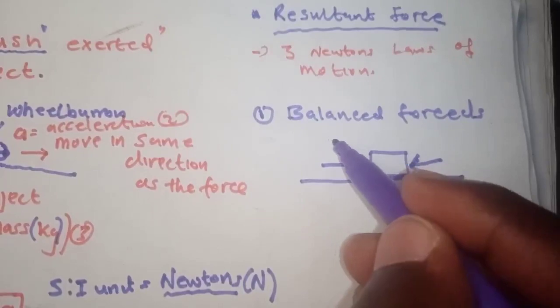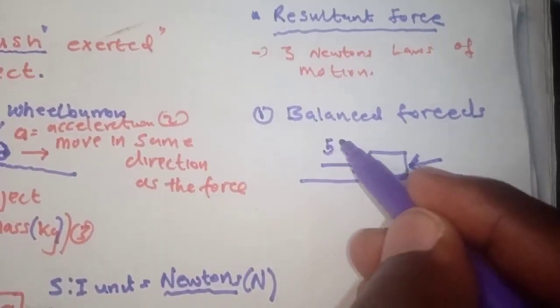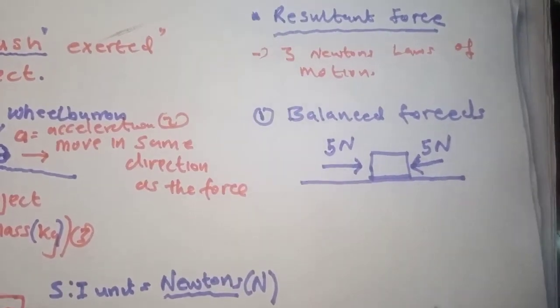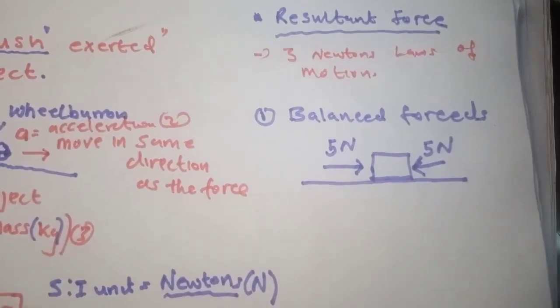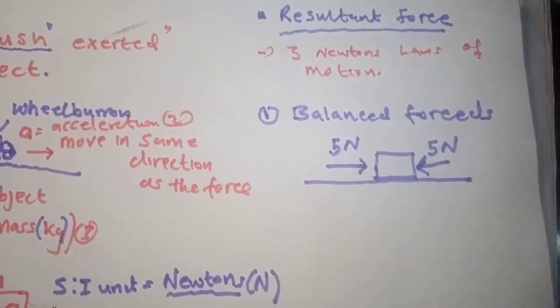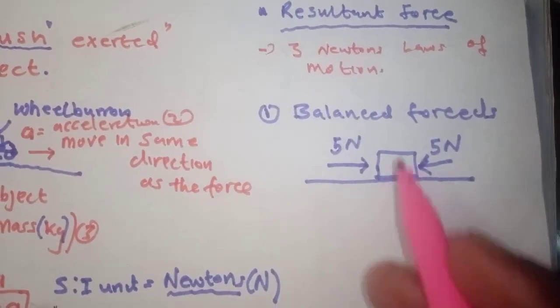Let's say this force is 5 newtons and the other force is also 5 newtons. So if you have two forces acting on an object and these forces are equal in magnitude, but opposite in direction,